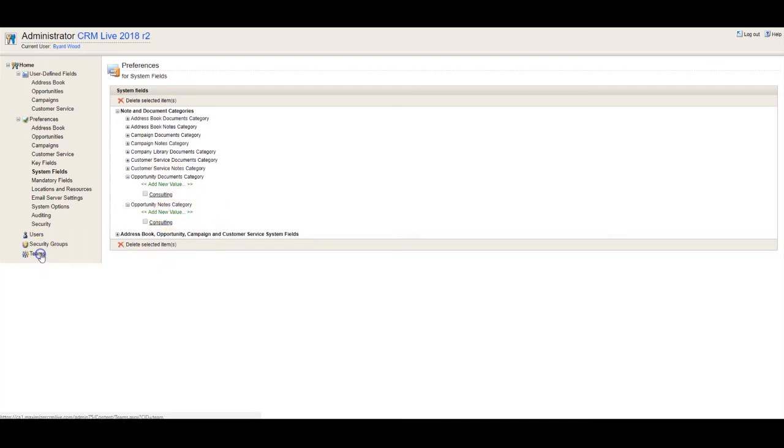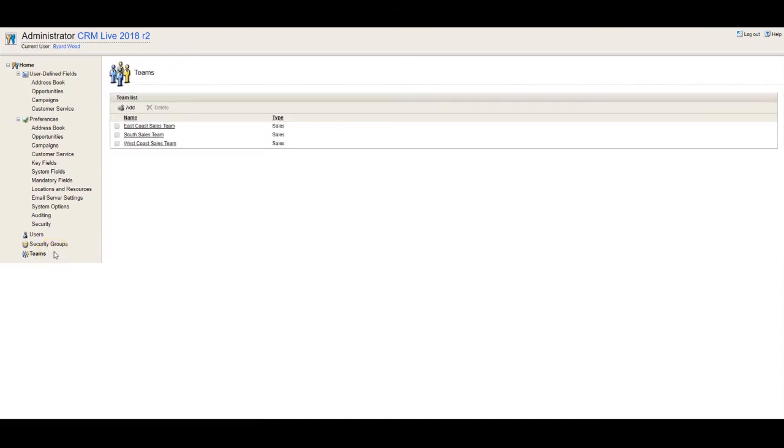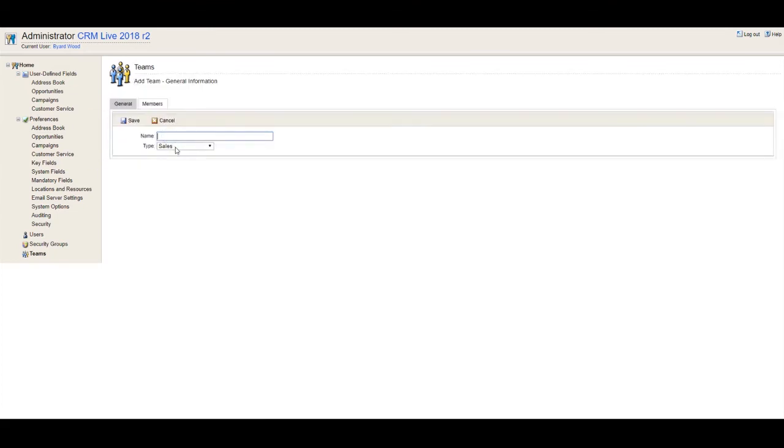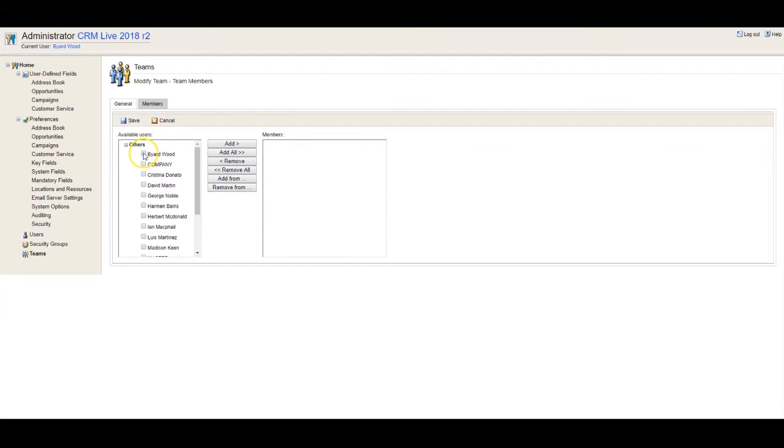Finally, we go over to Teams to reflect how the company sets up its sales areas. As with everywhere else, we can click on Add and give this team a name. We click Save. We click on the North Sales team again. This time we click on the Members tab, and we start to identify the people who will actually belong to that team. If I'm the team leader, I would specify myself as such, whereas everybody else is a member of